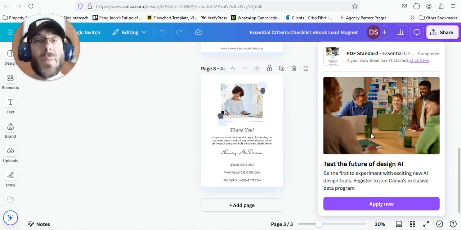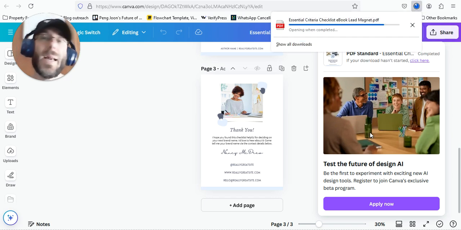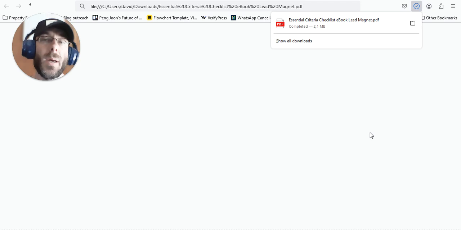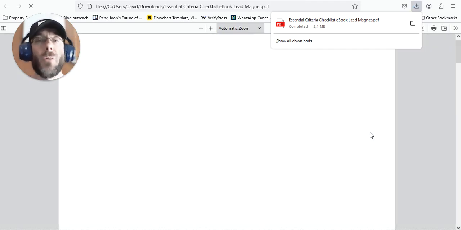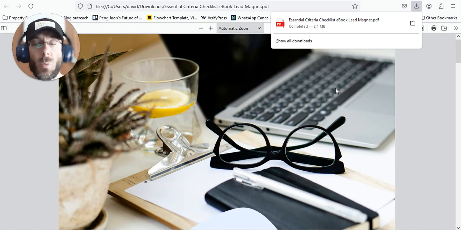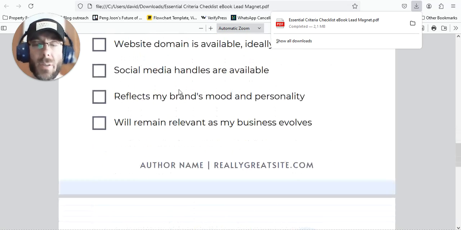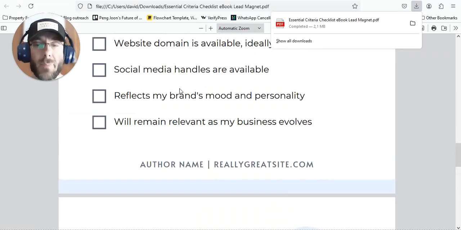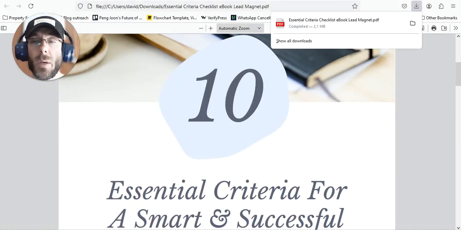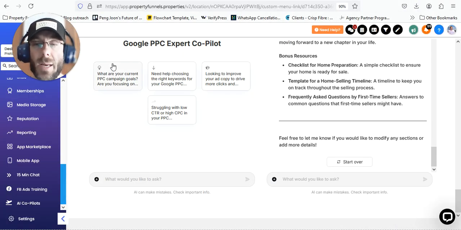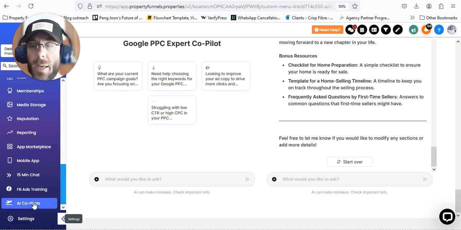So now what I'm going to do is go back into Property Funnels, and I'm going to create a form that when that form is filled in, the workflow is going to send the person the email with this specific ebook. Okay, so there's my PDF. It's already opened it up for me, so you can see what it would look like. Obviously, it doesn't have any of the text in it, but that's okay. You get the point. So going back into Property Funnels now, we can get out of the AI Copilot here,